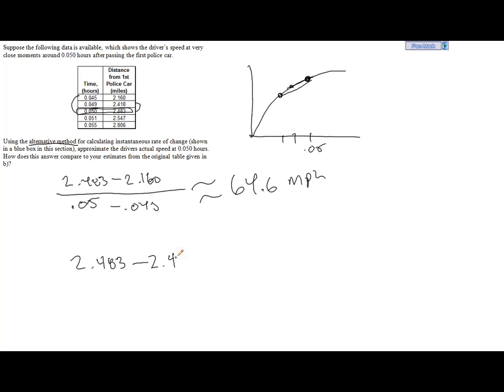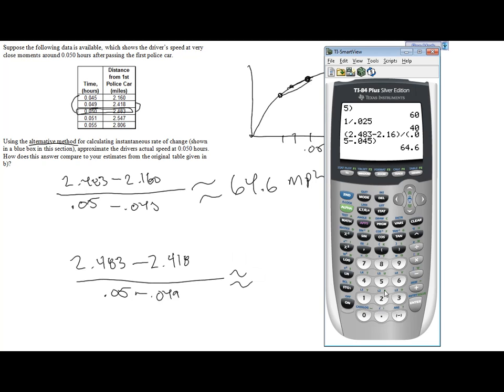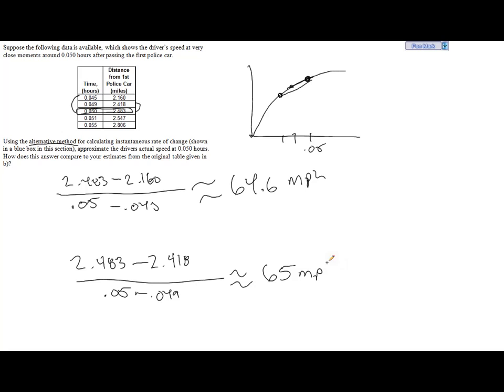So subtract away 2.418, divide that by 0.05 minus 0.049, and that gives us, let's see, I'm going to pull up my last answer so I don't have to do too much typing. I'll just change this to 4.1, I'll insert an 8, and we'll do 0.05 minus 0.049. And that gives us 65 miles an hour. Okay, well that means we have all the underestimates. It does appear that the speed's getting faster at around 0.05, but just to make sure that our estimate is going to be right,